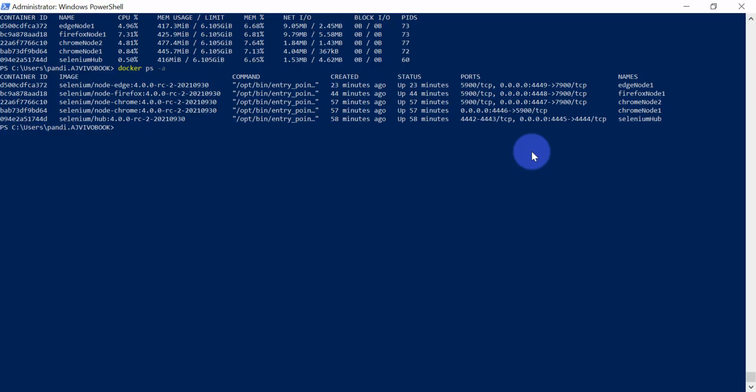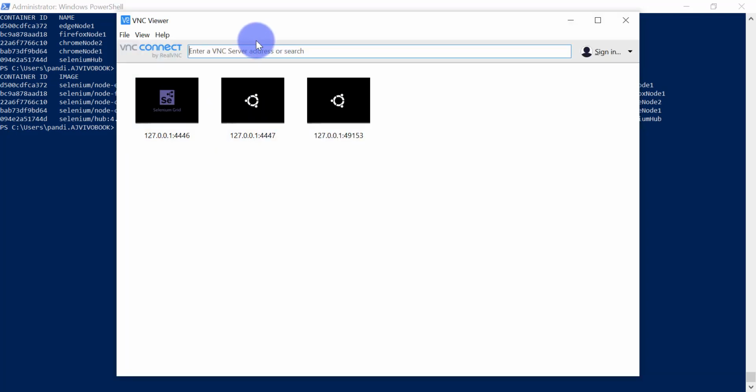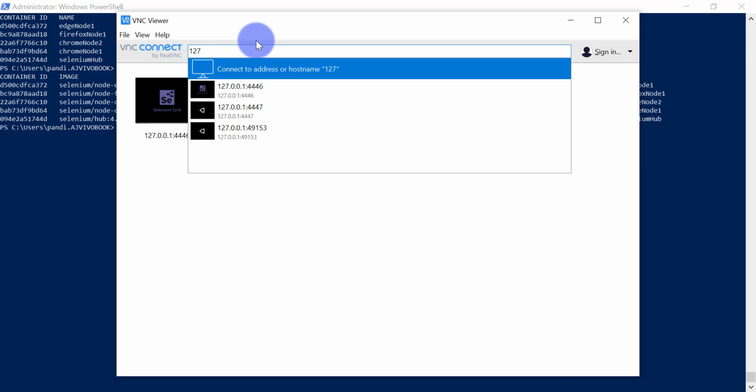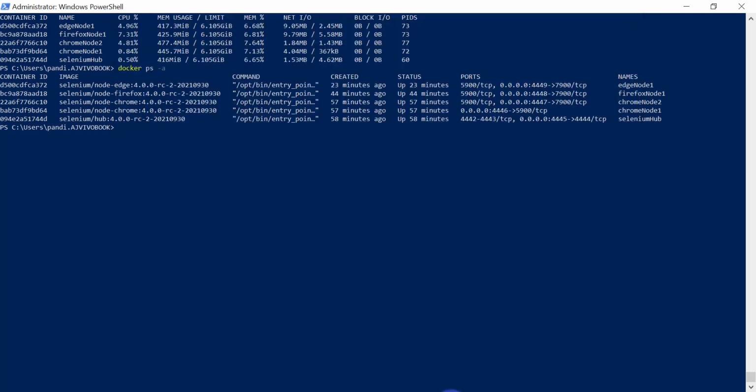Okay, cool. And if you want to access this VNC service through a VNC client on 4446, just download and install the VNC Viewer application, open that application and add the IP here, 127.0.0.1 colon and the port number. We have given 4446 for this Chrome node 1 container.